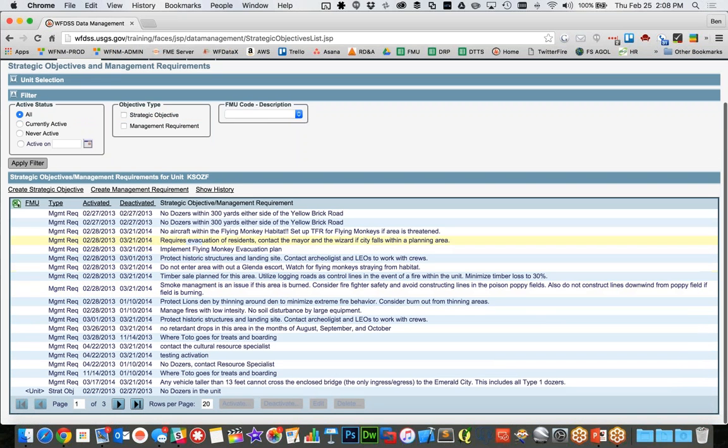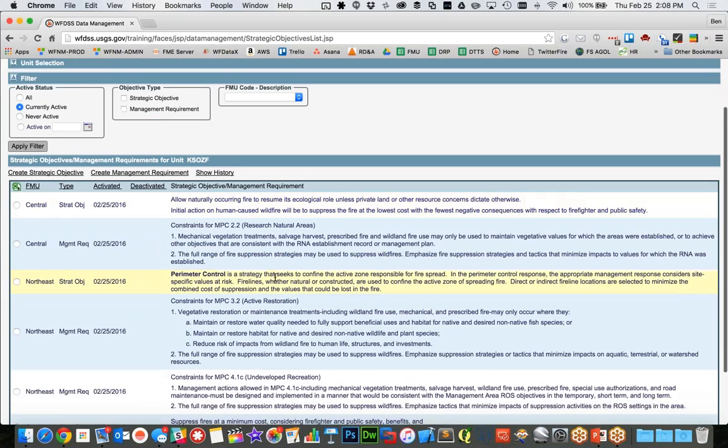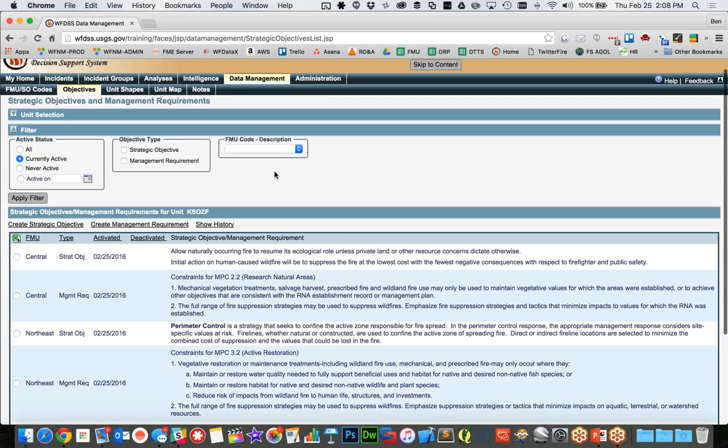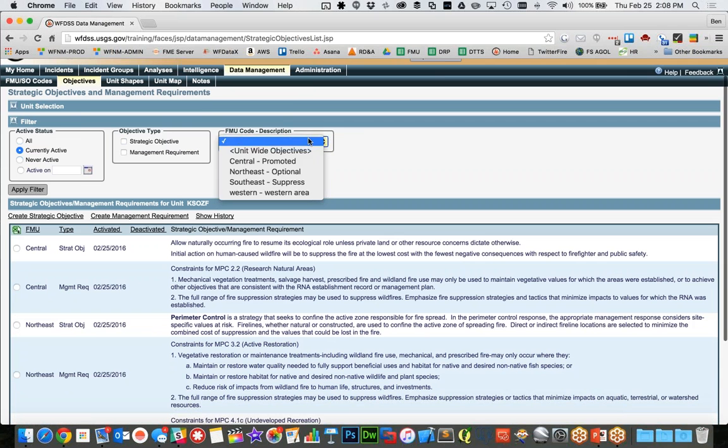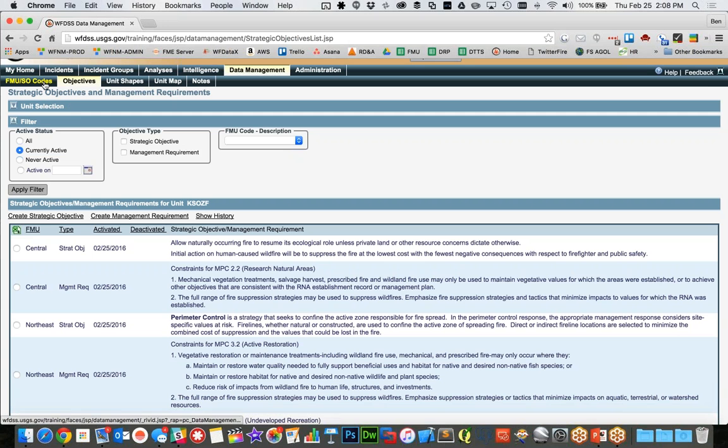And so here's just an example. If I turn my filter off, I've got all this flying monkey evacuation plan and all this other stuff. I've got 3 pages of this crud that's all been deactivated. So to clean things up, you can just turn on the currently active filter and hit apply, and now we just see what's active and what applies now. So you can also look just by an FMU, whatever you need. So here's the stuff that I have activated right now for my Land of Oz,